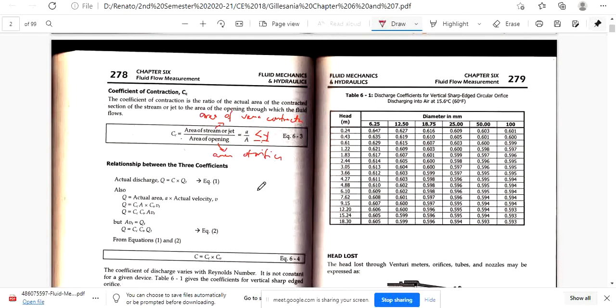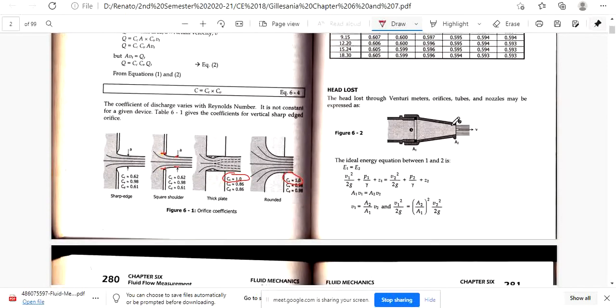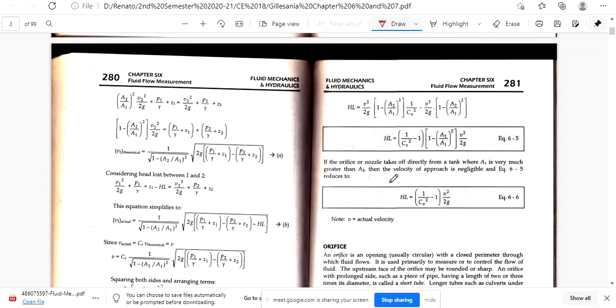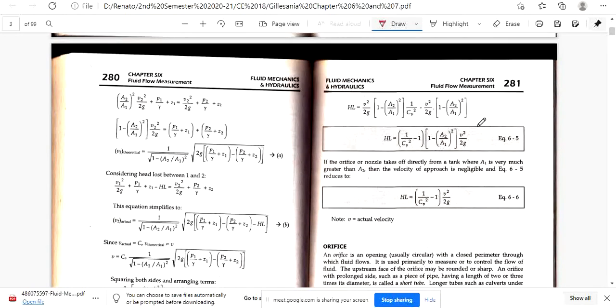Usually the coefficient of discharge is given, or else you will be asked to find it. So there's no need to memorize the table. There's a head loss with respect to CV and velocity. Remember that the head loss happens because of the flow of your water. Therefore, the formula for the head loss is due to